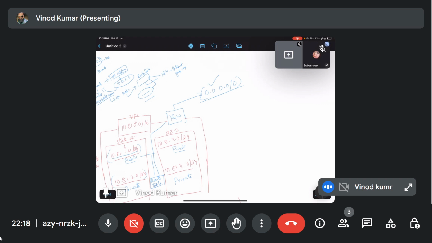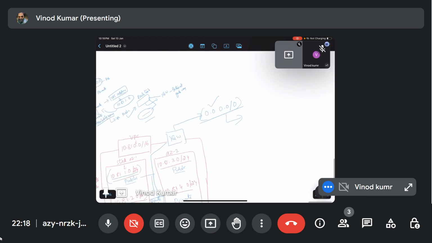For this public IP, we have to provide Route 53 as the DNS name. So when I hit www.flipkart.com, we can get access to the public servers.